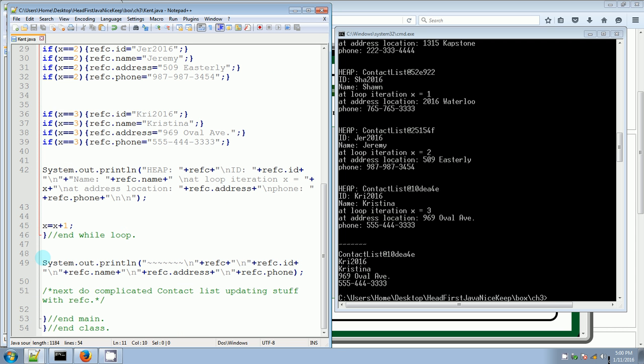And I used here's the end of the while loop, System.out.println. I got a bunch of squiggles because I wanted to be able to visually see where the new output was in respect to where my code was. And then I went down a line, so I got these squiggles and then down a line, plus refc. I want to know what the value of refc is. What's the address of refc at this point? And it says contact list at 10DEA4E, which happens to match the very last while loop contact information that I created, this last address,